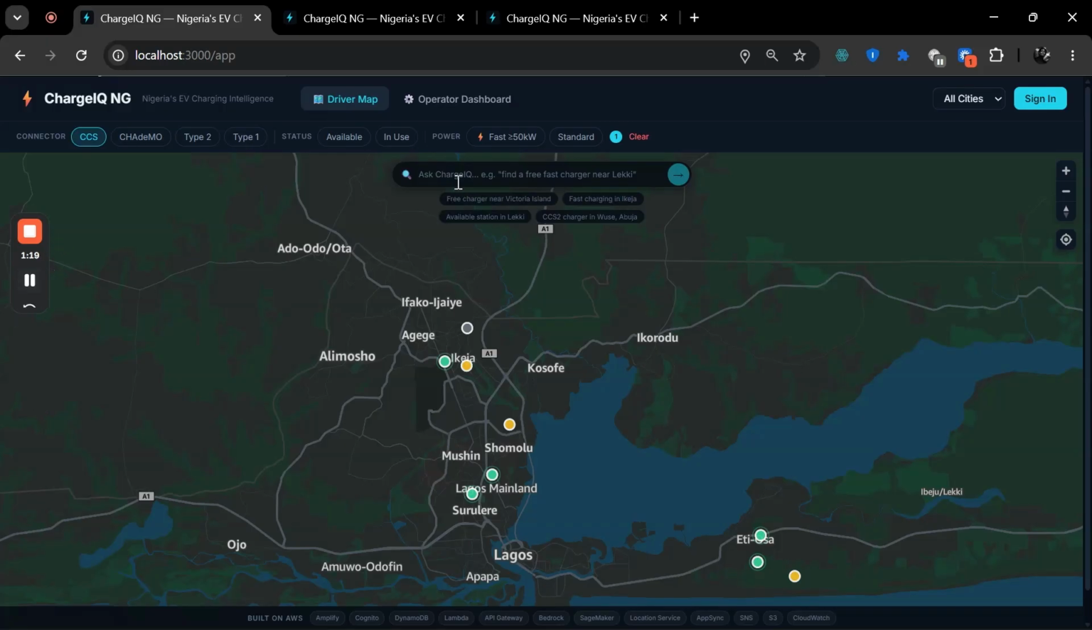Now here we have our AI powered search. This is where things get interesting. Most charging apps, or most filters on most websites, we just filter through some menus. But here we can just ask in simple English, I have an electric vehicle, maybe around Lekki. Let's say Lekki. What do I want? Maybe I need a fast charger, not a standard one. I just say, I need a